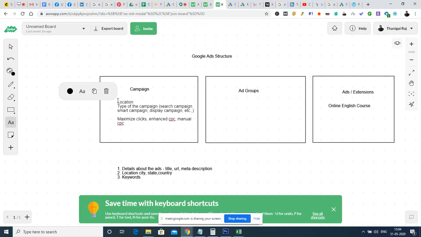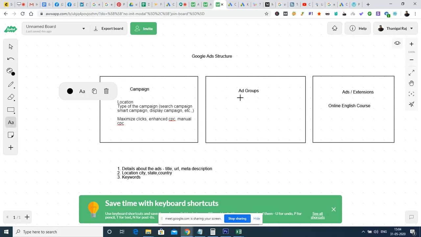And manual CPC is something like the same thing we are doing for the enhanced CPC. Manual CPC is something where we will configure a pricing and we will be informing Google that this is the maximum cost per click that I can offer, and it will not make any higher movement in cost per click at any cost, right? So these are the few options that are available with a campaign, and similarly we have some other options as well. We'll be seeing this once we are going to create a Google search ad.